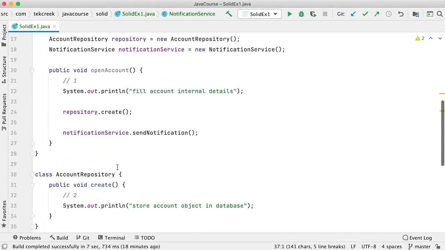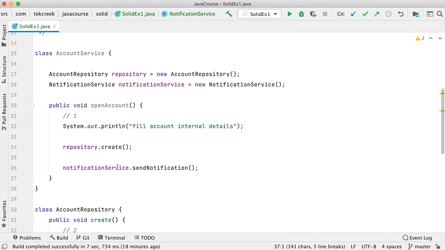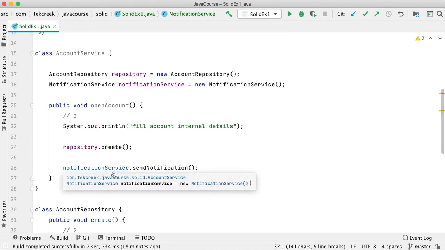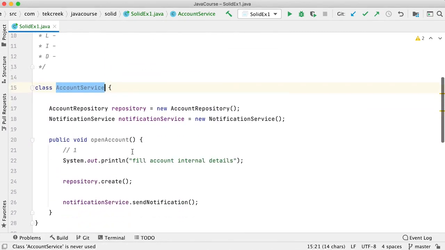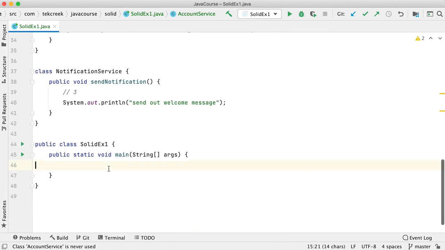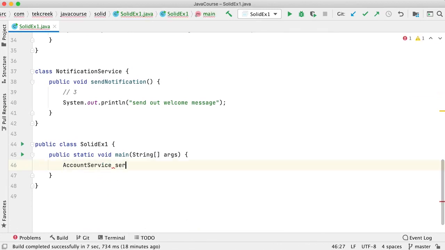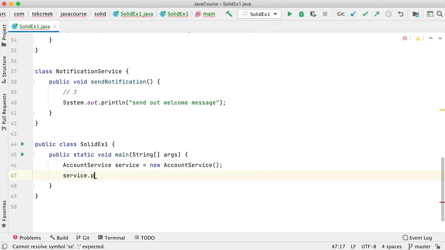So this is how you assign one single responsibility to a component, and this is what is stated by the single responsibility principle.